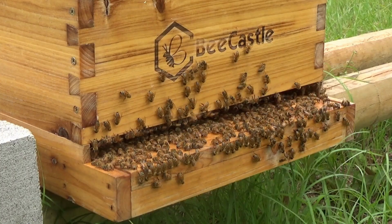Now we're going to get into the super. We're not going to get any lower than the super. I just want to see if they're in the super yet, drawing it out with wax, honeycomb, or anything. Now while we're making our way over there,